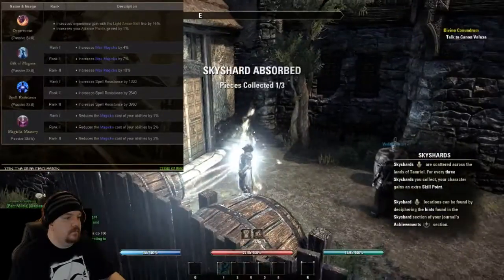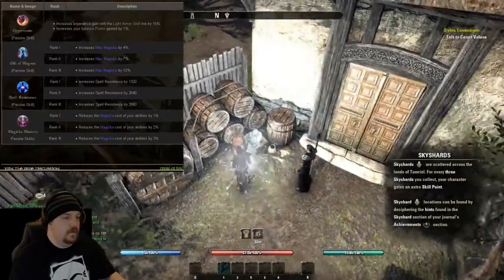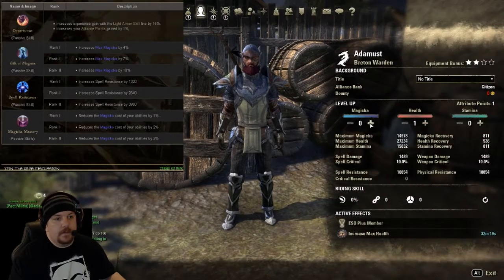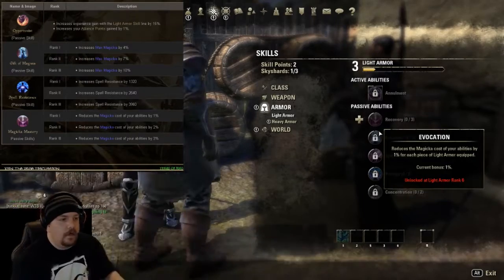Woo! Sky Shard! You want to collect those. Those give you skill points that you can invest. So we've leveled up a couple times. We're just going to put all of our points here into magic. And now we've got...